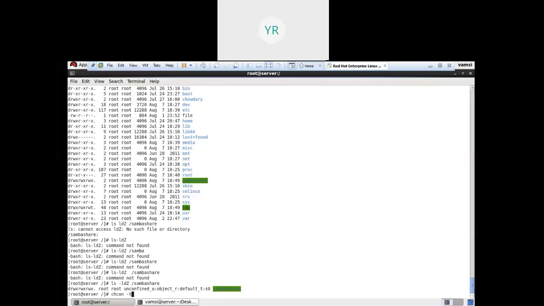Space, samba_share_t, no space, samba_share_t, on the directory /samba_share. So we are changing the SELinux context here. Okay,